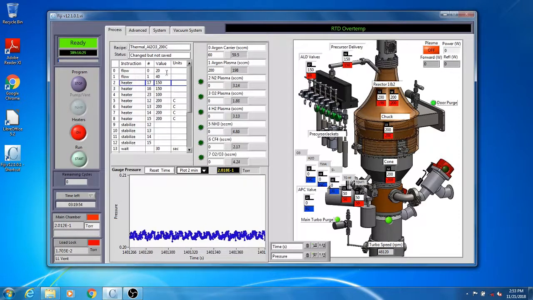Update the APC set point to 12 as we have mentioned earlier. Also, check if the heater temperatures are set at the desired points. Check the cursor temperature as well. We are almost ready to start the recipe.